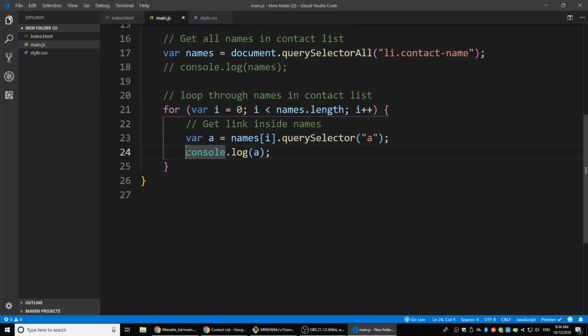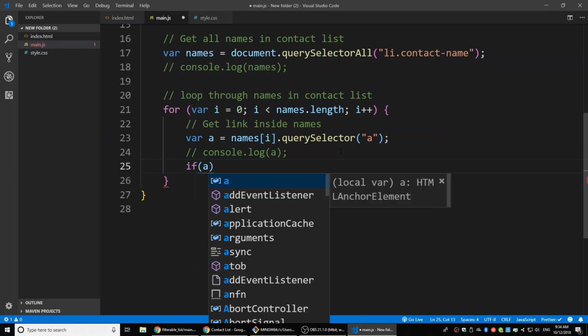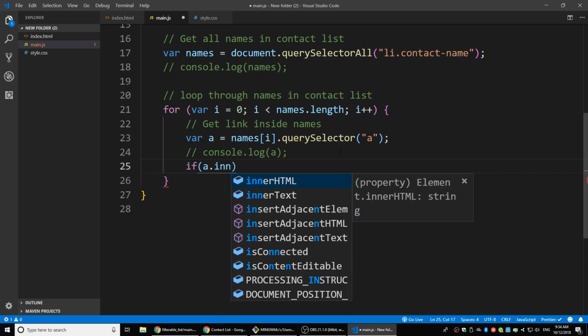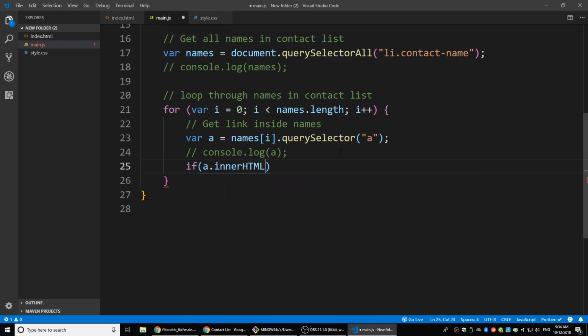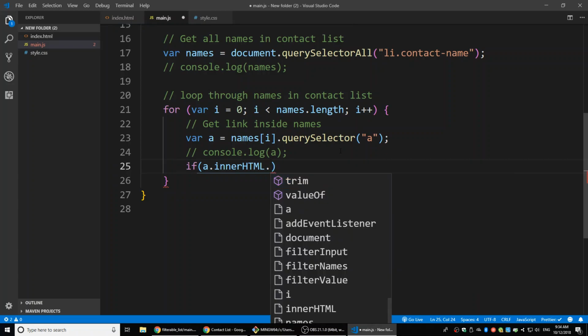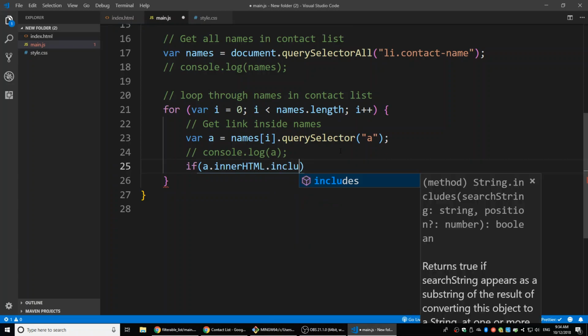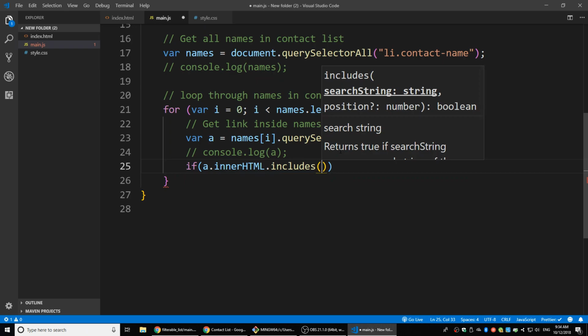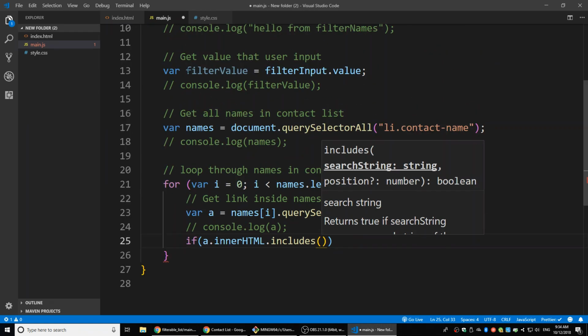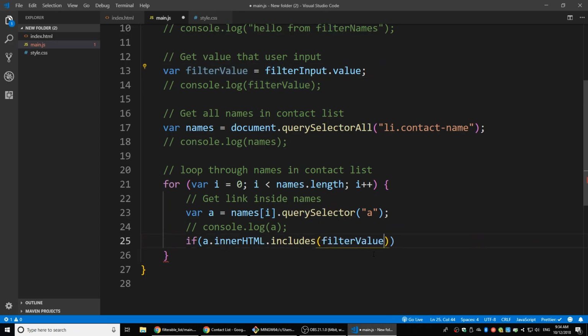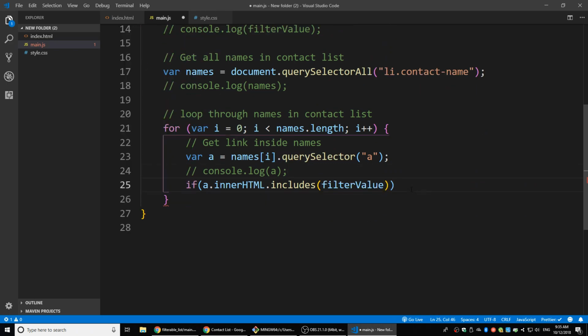So we got all the links here, and we can directly start comparing. If a.innerHTML or innerText includes, there's a predefined function called includes. If that includes the user input value, which is called filter value, we can just use that. If that includes that, and we can,